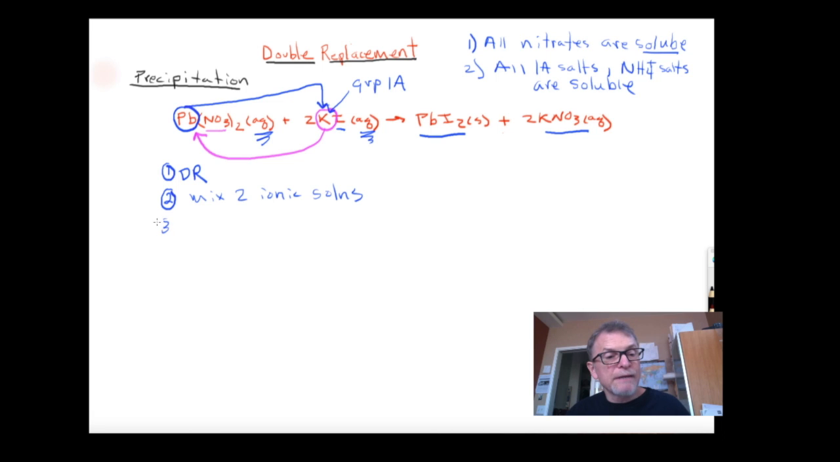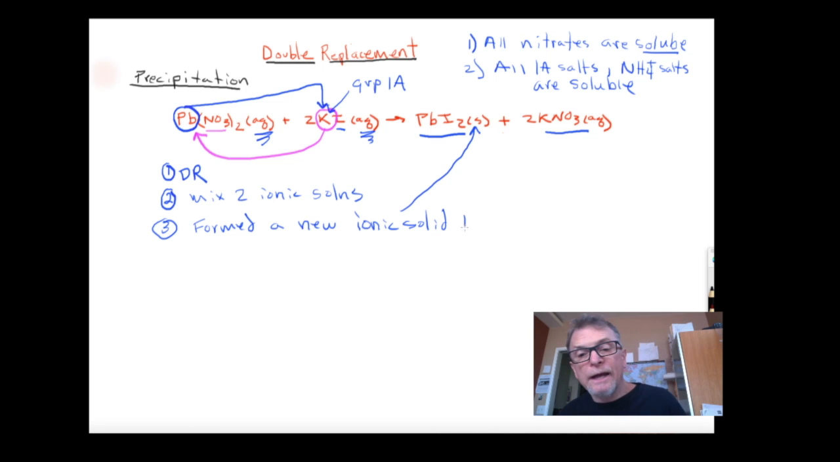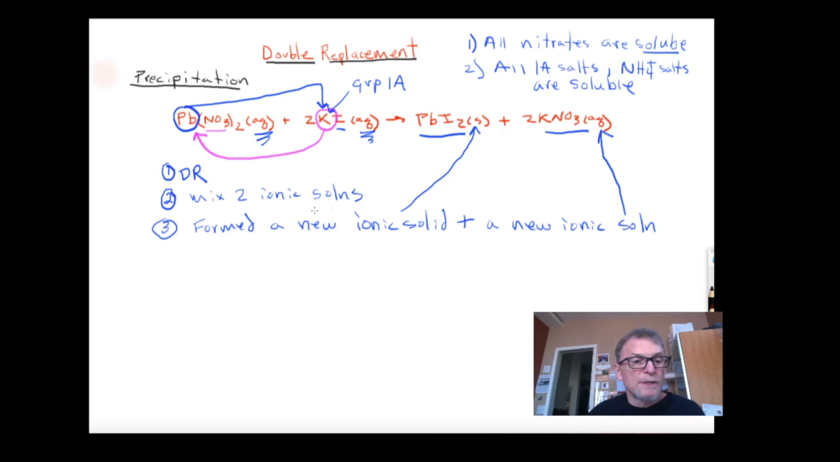And then part three of the definition for precipitation was that we formed a new ionic solid. All right, boom, right there. And a new ionic solution. Boom, right there. All right, so we've killed two birds with one stone. Now, there's another example of double replacement, right? There's two of them, two types: